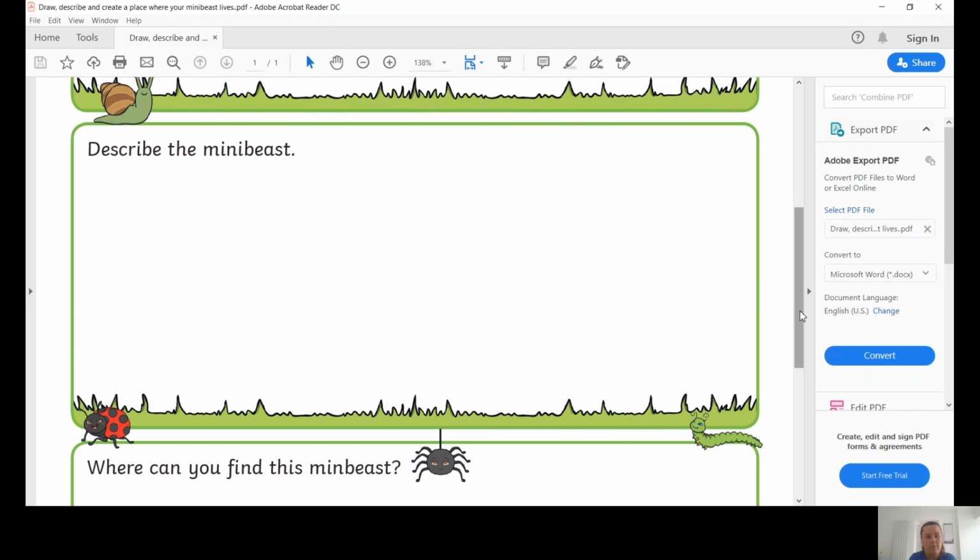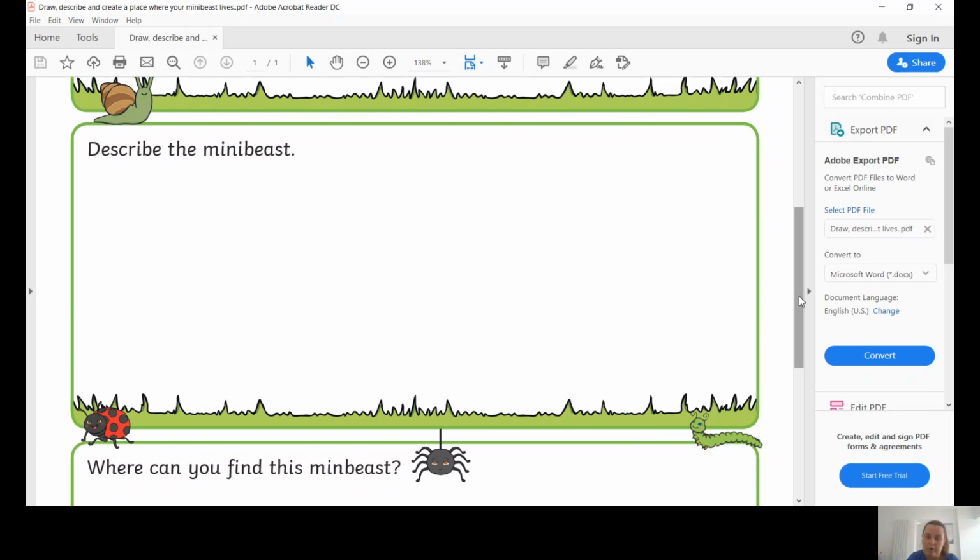Okay, so I might say something like this. My creature has four legs. It is very colourful. It has blue and yellow fur all over its body, full stop. It has beautiful wings like a butterfly. My creature is called the Butterbee, full stop. Now, if we're giving our creature a name, remember that will need a capital at the beginning of the name. Okay,